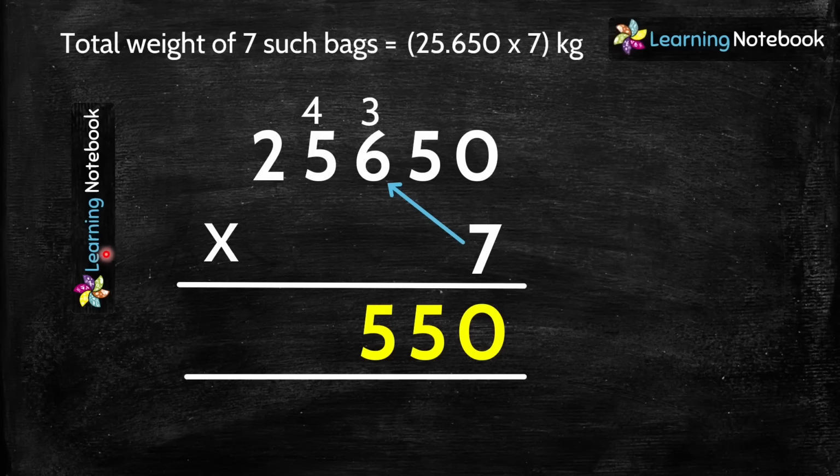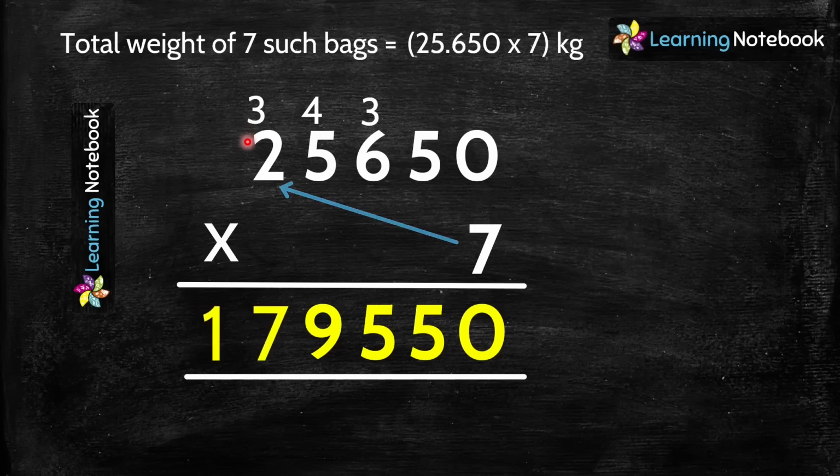So carry 4 and write 5 in the answer. Then 7 into 5 equal to 35 plus 4 carry equal to 39. So carry 3 and write 9 in the answer. And lastly, 7 into 2 equal to 14 plus 3 carry equal to 17. So answer is